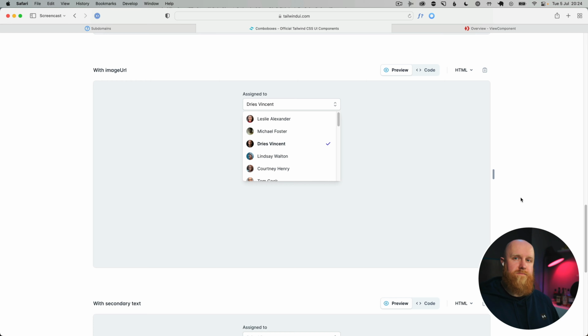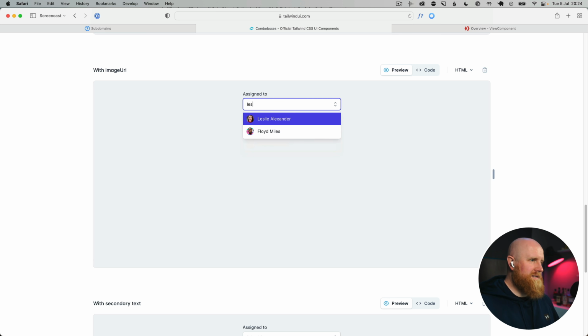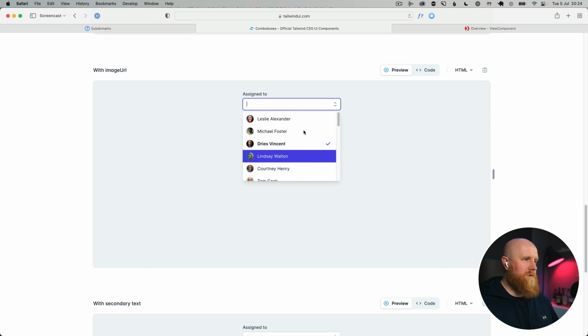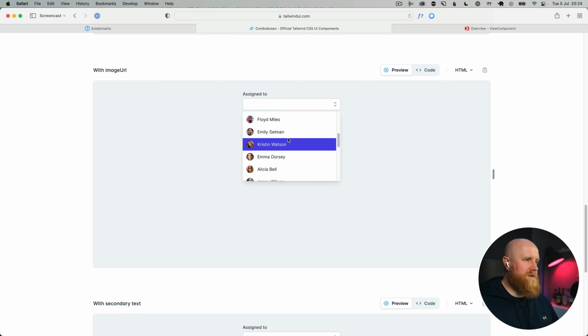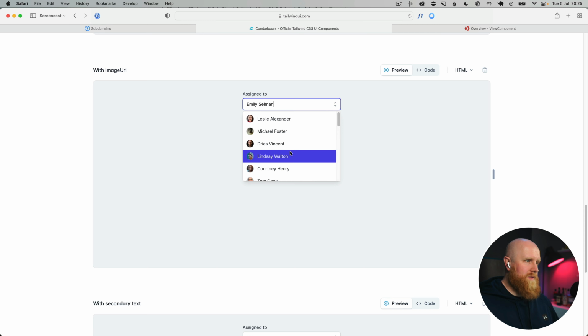So in this video, we're going to take a look at building a Tailwind combo box using Rails. We're going to use ViewComponent and Hotwire. So this is the combo box component we're looking at building, and we're going to simplify it slightly. In the Tailwind example, you can click in and type to filter the list. We're just going to make it more like a fancy select field, so you can still just select one example